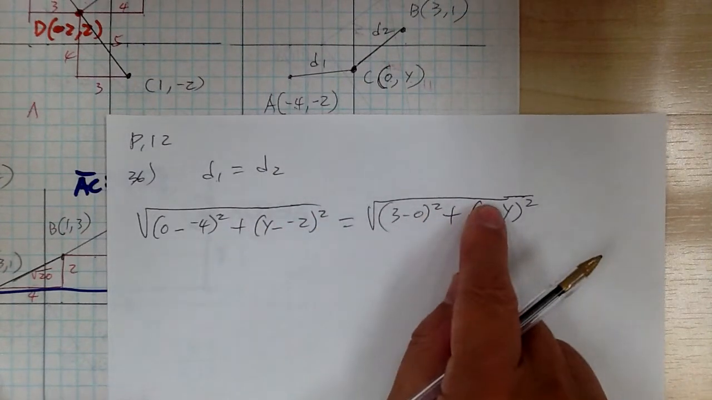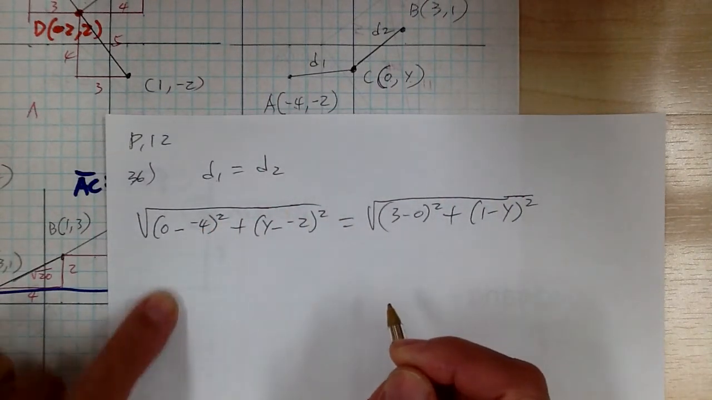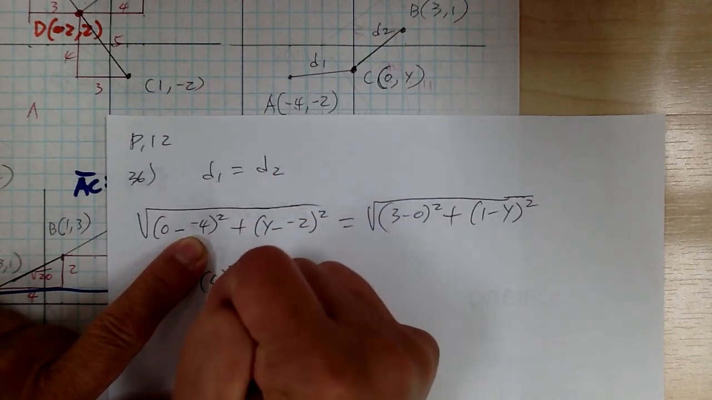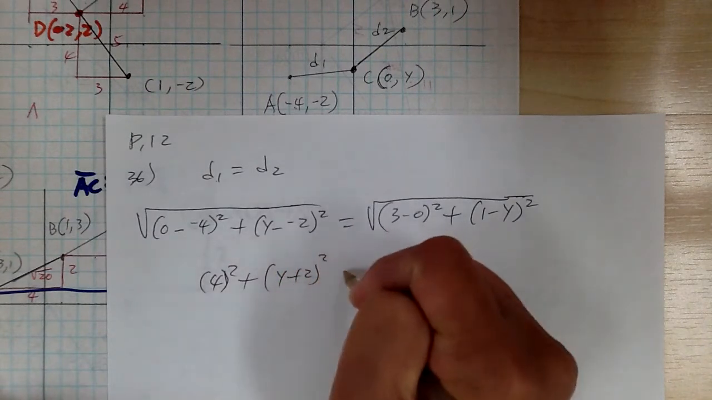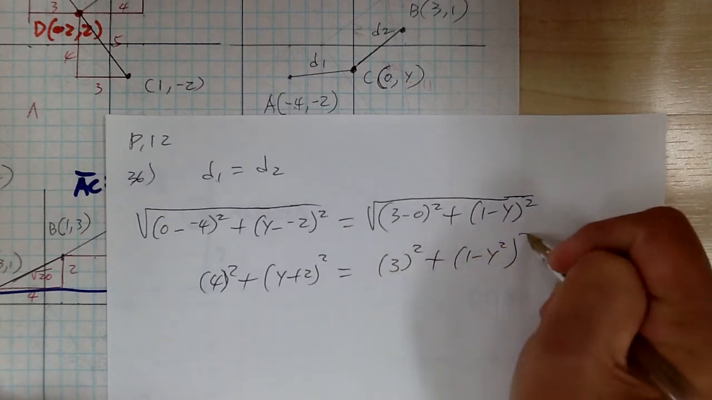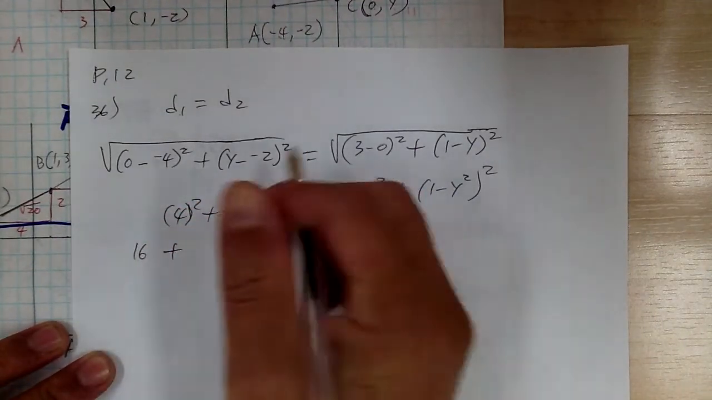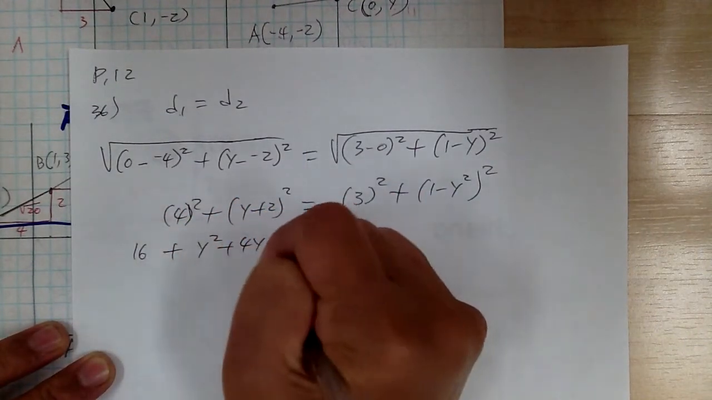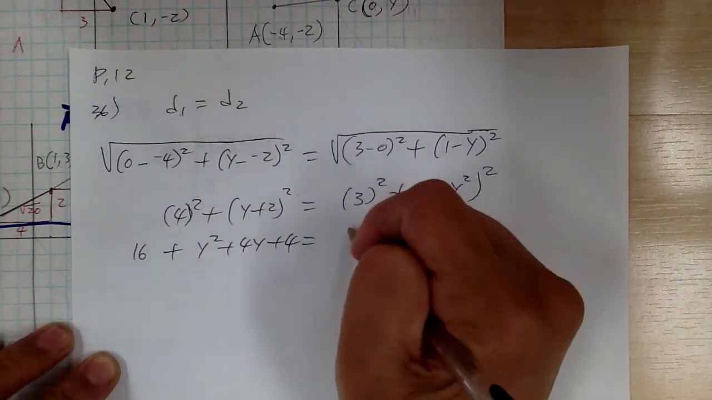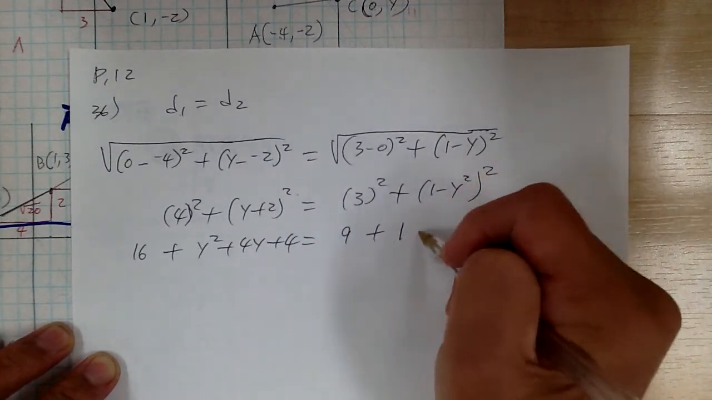Since I have square roots on both sides, I'm just going to square both sides to get rid of the square root, and simplify a little bit. So this gives me 4 squared, and y plus 2 squared, and 3 squared, and 1 minus y squared. Next I'm going to work everything out. I got 16 plus y squared plus 4y plus 4. When you square a binomial, make sure you remember the middle term. This equals 9 plus 1, and you square that, and your middle term would be minus,